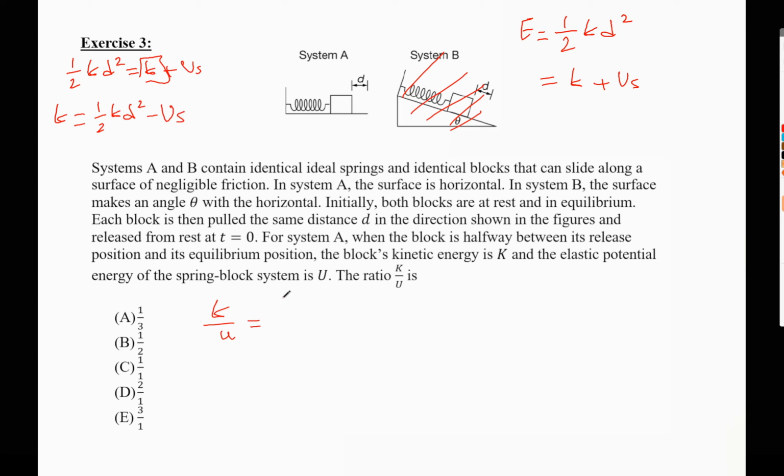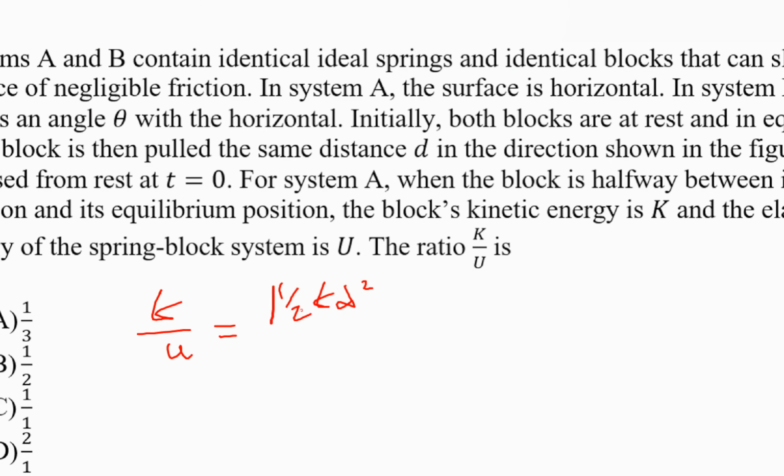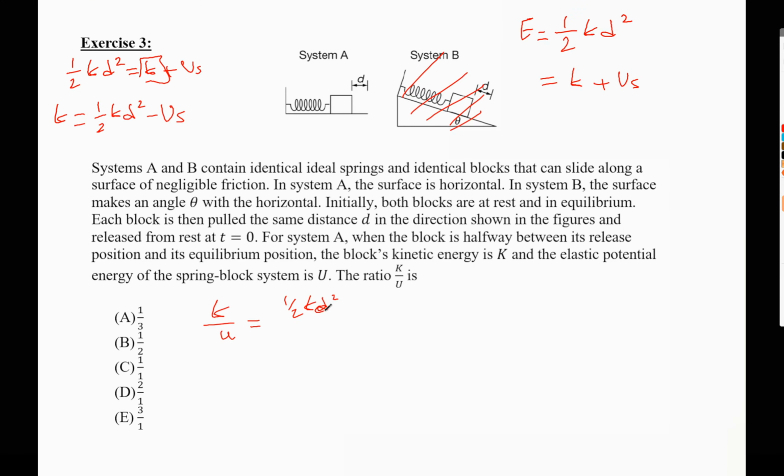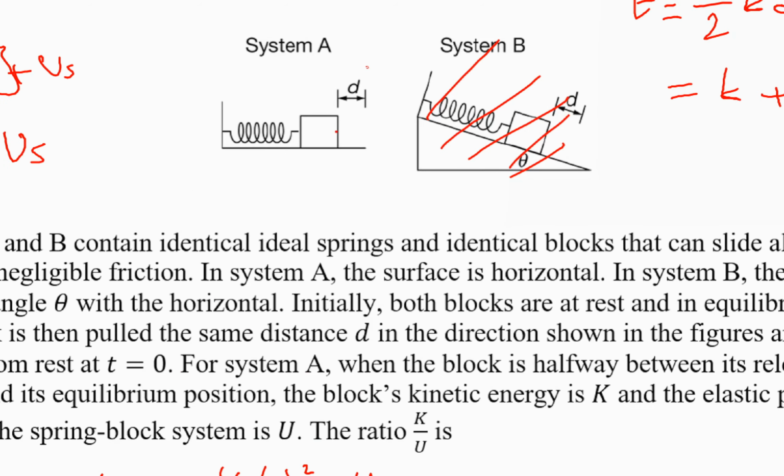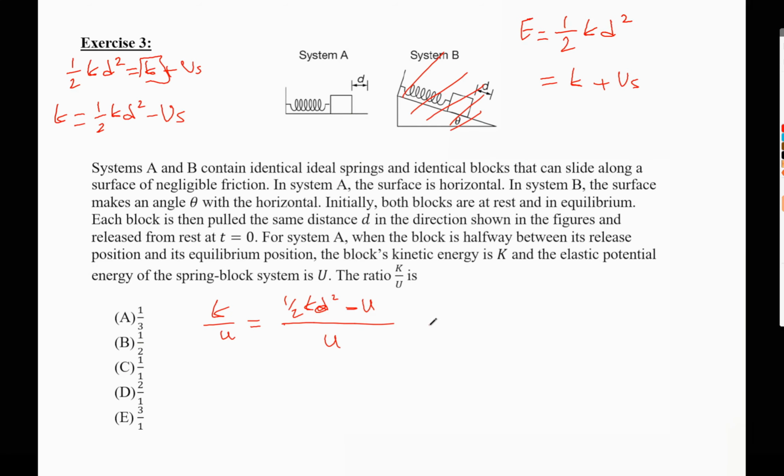So that would be equal to what? To half kd square, which represents the total mechanical energy, minus Us, or K over U. Now U depends on the position. About which position are we talking? We're talking about the position midway between equilibrium and amplitude, which is basically d over 2. So that would be half kd square minus half k (d over 2) square, over half k (d over 2)